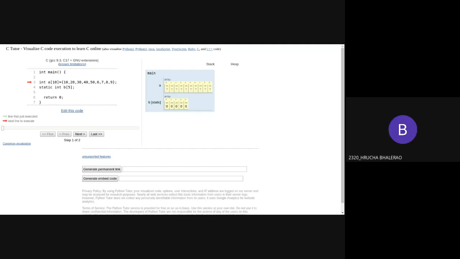In the first array, the memory is allocated, but the elements are not assigned. Correct. And in the second array, a[0] is assigned as it is empty. We have not. So I hope you have understood. When we are declaring an array as static, at that time, the layout as well as the values are also done at compile time. Am I right, Rucha? Yes, ma'am. Correct. So this is what we mean by static evaluation and dynamic evaluation.